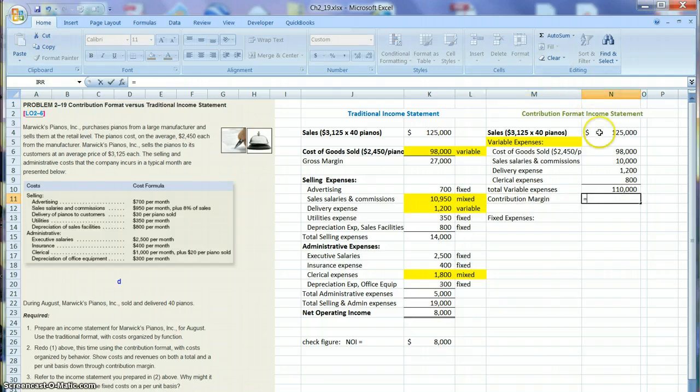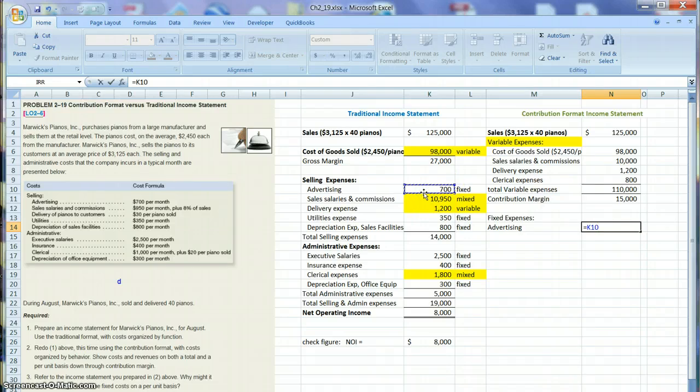You take your sales and you subtract the variable expenses, and we end up with 15,000. That's how much is contributed to our profit from the sale of 40 pianos. We still have to cover all of our fixed costs in order to come out either making a profit or